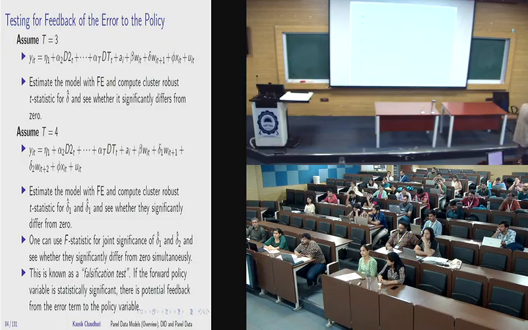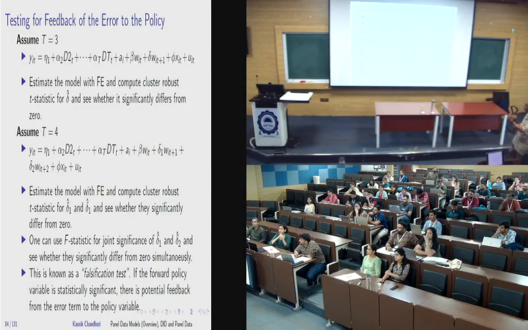So I do not only include the impact on when treatment took place, I also use the lead of W, which is basically WIT plus 1. I estimate the model with perhaps cluster robust statistics, and I want to check not the beta but the delta over here, not the beta but the delta over here. If I want to go ahead more, then I can think of t is equal to 4, and then I